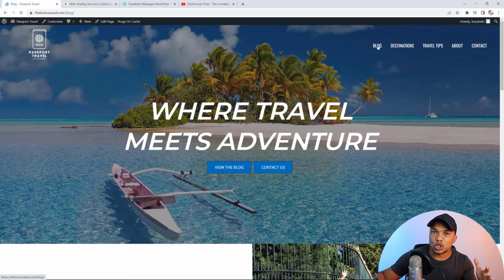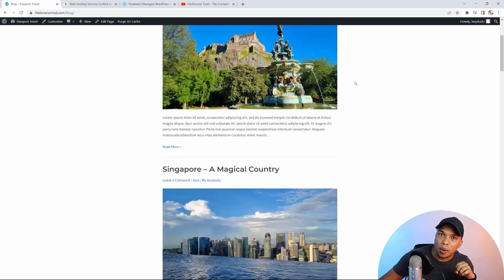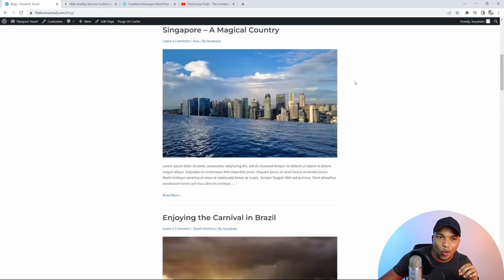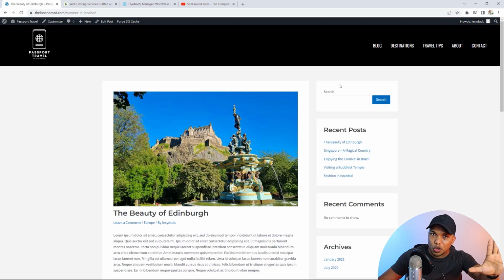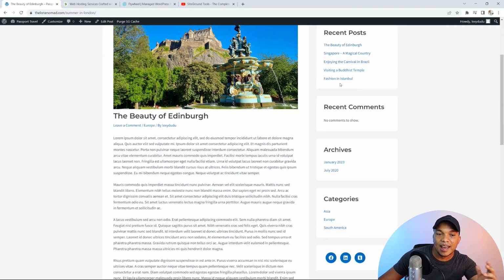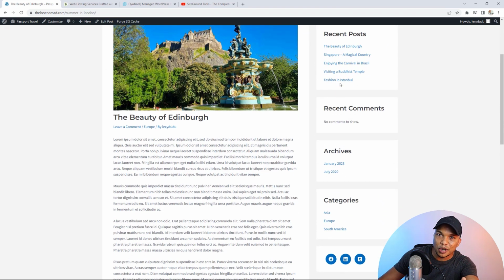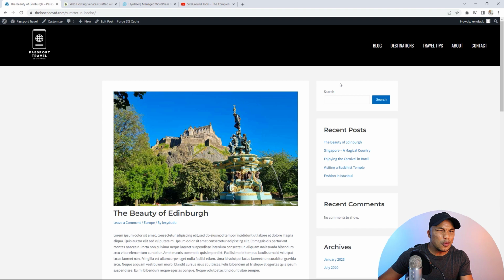and then besides the homepage, we're also going to build our blog page as well, where we'll have different blog posts from different countries and so on. And then also the posts themselves will also have their own page structure, where we'll have the content of the post on the left hand side and then the sidebar with some more information on the right. If you have no idea what I mean by sidebar, don't worry, I'm going to explain that to you later